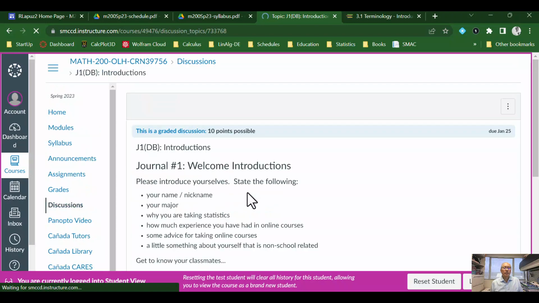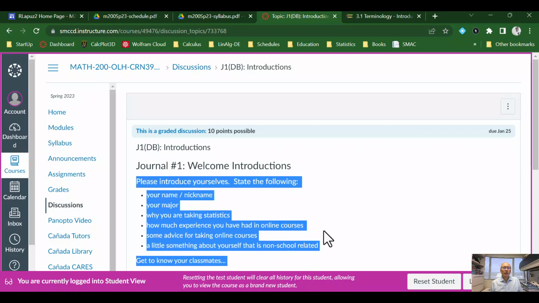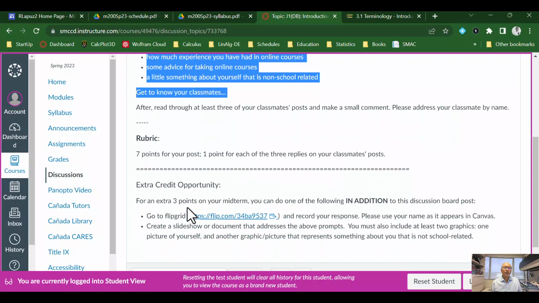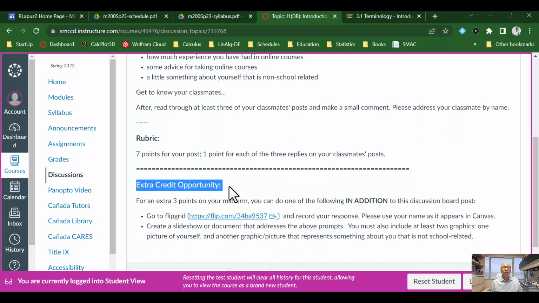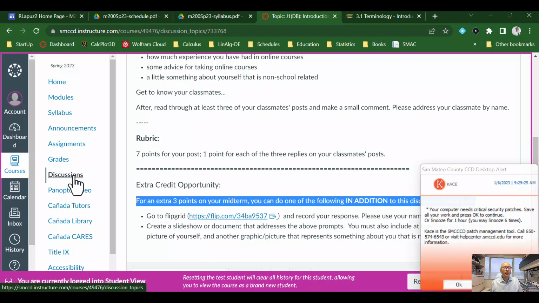So introduce yourself in the journal assignments, and then just talk a little bit about yourself. Some of these journal assignments have information about some partial credit or some extra credit that you can get. And so these extra credits will generally be applied to your exam. So if you're interested in some extra credits, make sure you take a look and take advantage of these opportunities. And again, they're usually embedded in the journal assignments.